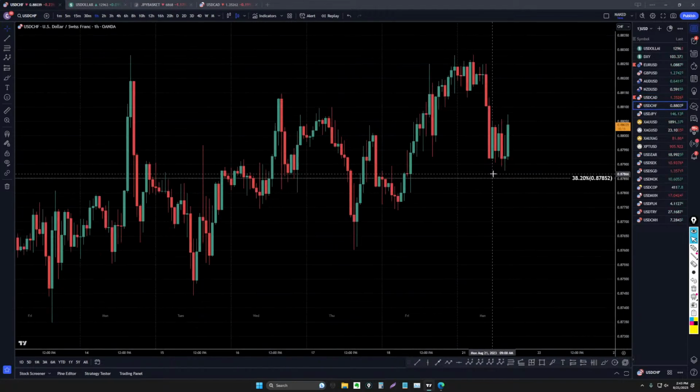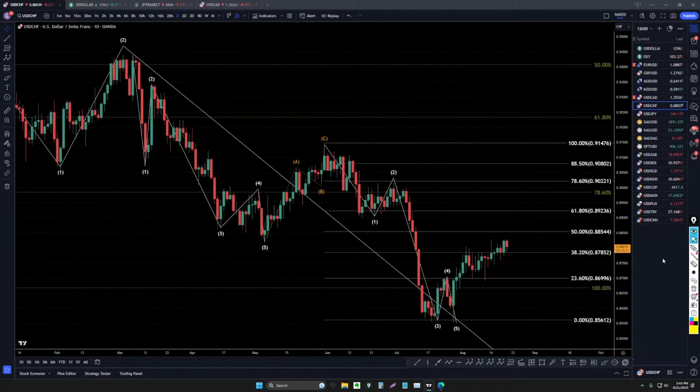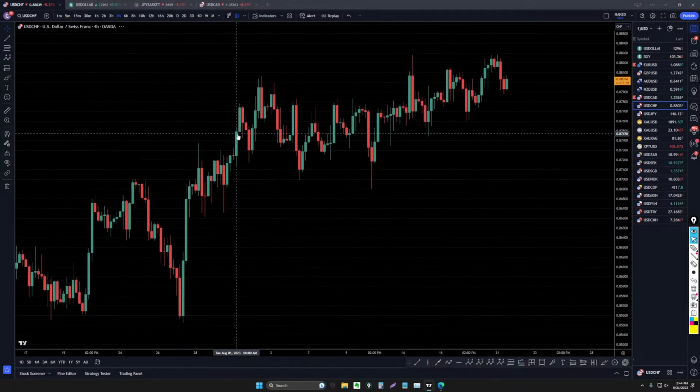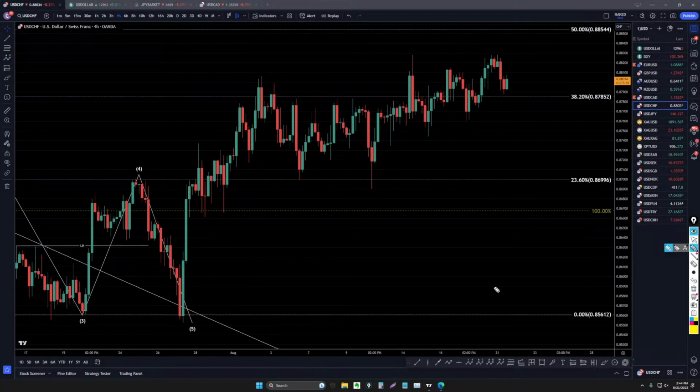So anyways, the US dollar Swiss, it's kind of the same thing. I mean, we're not bouncing off a fib level. We're not breaking any structure on the higher time frames. To me, the trend is definitely still up, and I think it's more likely to continue up, telling me that I am definitely still primarily looking for longs on shorter time frames. Going down to the shorter time frames, I'd like to see 1, 2, 3 waves down before I go long, but if everything starts moving,